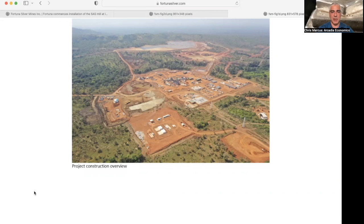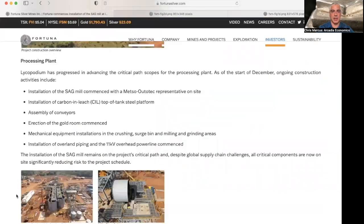Here's a nice photo where you can see the entire construction site, and certainly quite a bit of work that they've been doing there. And interesting to see visually just how much goes into building all of the facilities that are required. In terms of the processing plant, as of the start of December, the ongoing construction activities include the